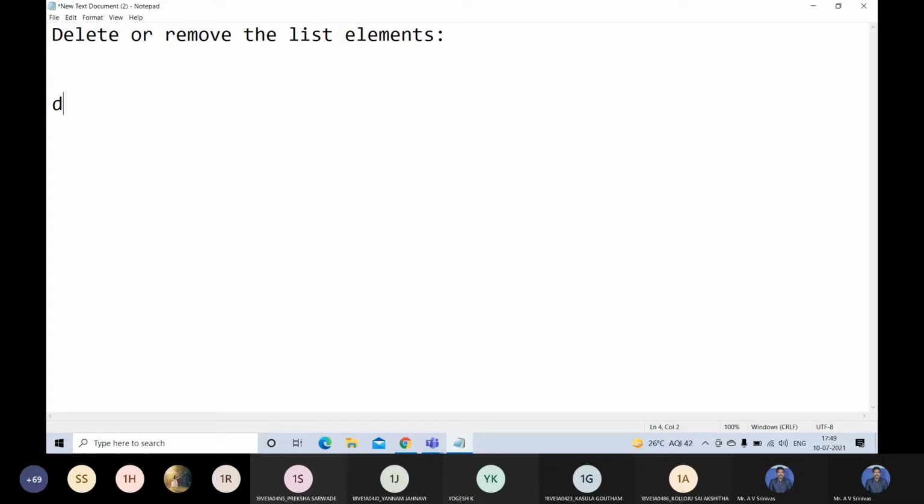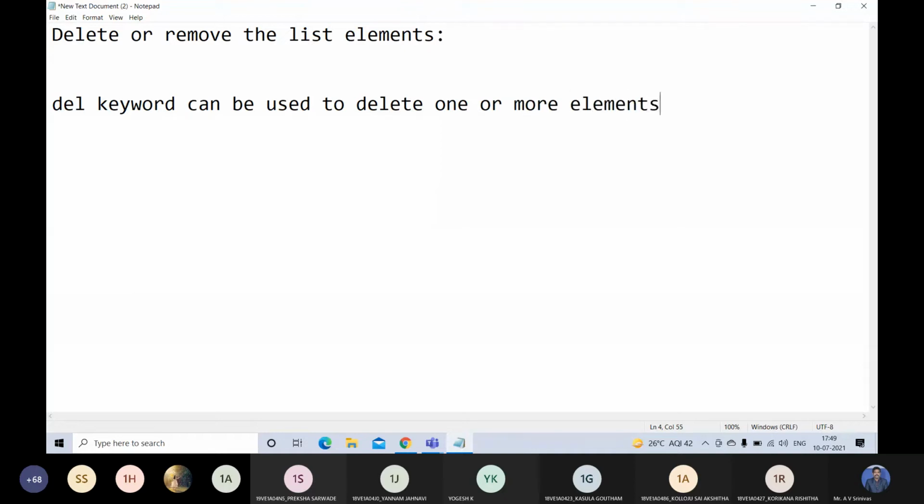By using the del keyword, this keyword can be used to delete one or more items or elements from the list.